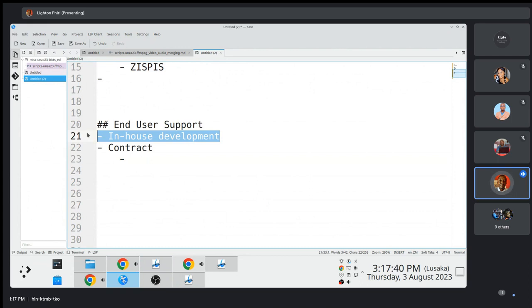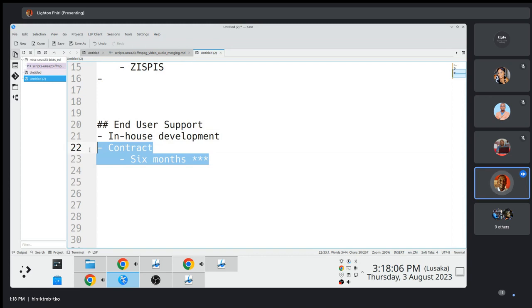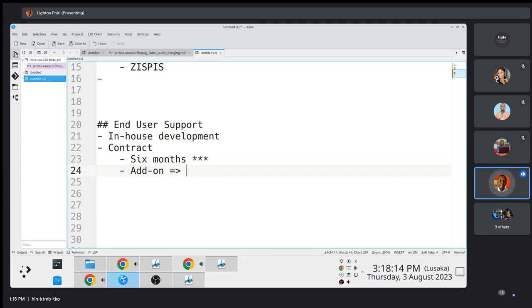So if you go the route where you hire a contractor, there will be a support period. Usually, the rule of thumb is to say, we will support you for the next 6 months. After 6 months, forget it, we will not support you unless you pay us more money, which is usually more expensive. So what you can do within these 6 months is your IT team will work in consultation with the contractor so that they understand how the system was built, so that in the event that an add-on is required, the in-house team will develop that add-on.